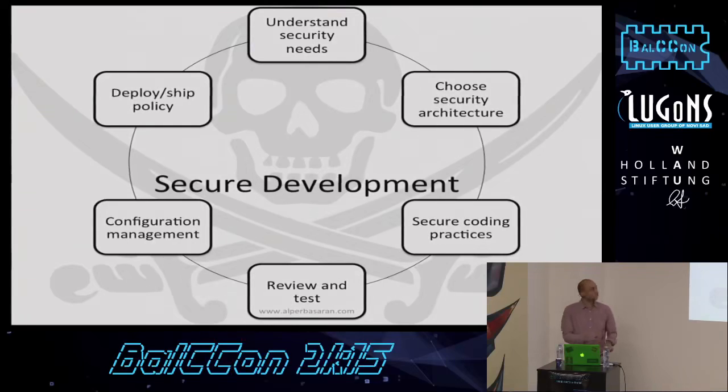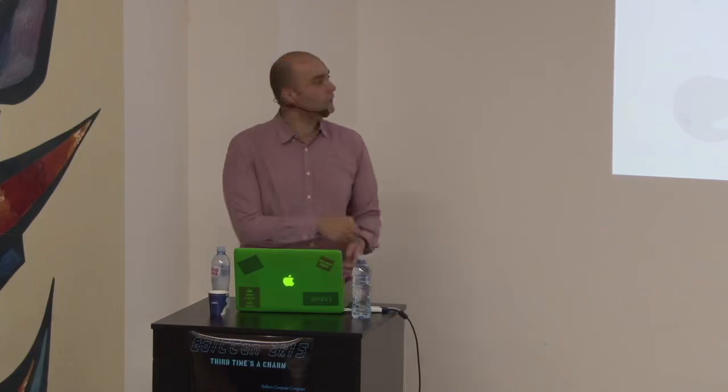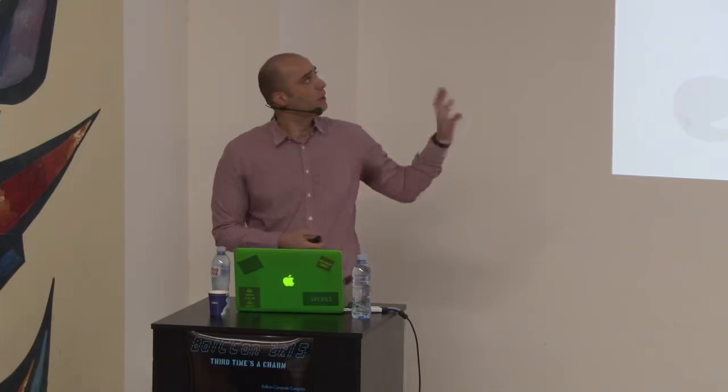And even before I come to secure coding practices, not using dangerous functions or handling input or sanitizing input, all these things, I need also to choose a security architecture. Say we are talking about a web application, how will I keep it secure? Where will I put my controls? And then test, of course,